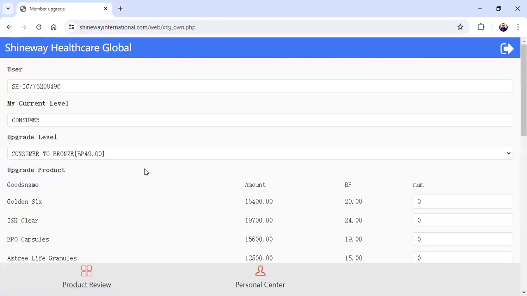Now, for example, you've registered as a consumer and later you got money you want to upgrade. It's very simple. Just recharge your wallet after you've selected your product. Come here, you can see the PV that you need to upgrade from consumer to bronze. All you need is just 49 BP. So after you've selected the 49 BP and paid the money, you've recharged your wallet, all you